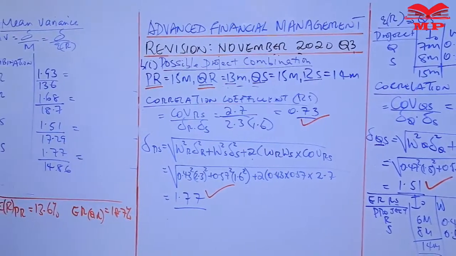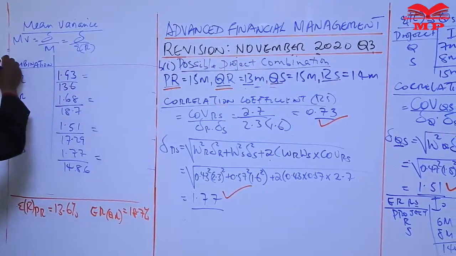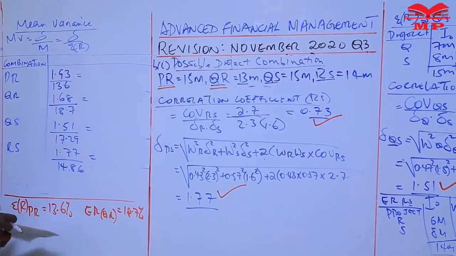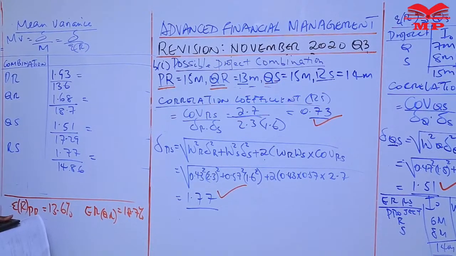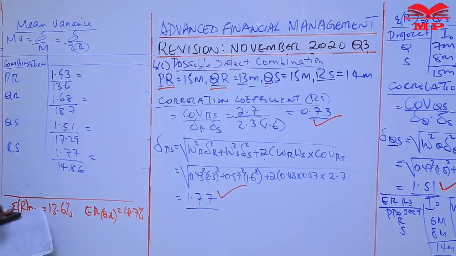These are the possible combinations and the mean variances. So begin with the PR: 1.93 divided by 13.6